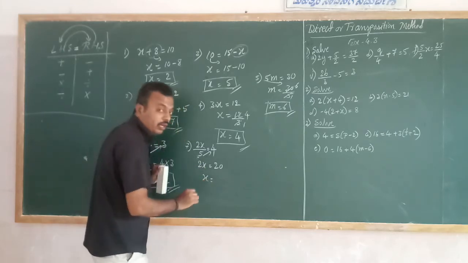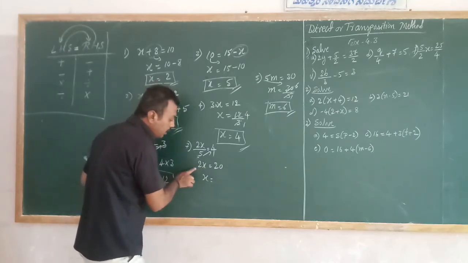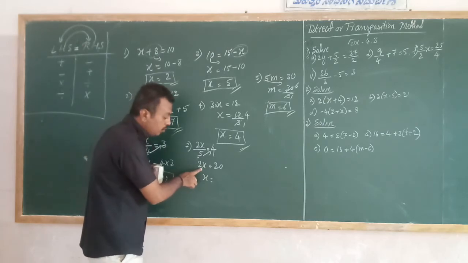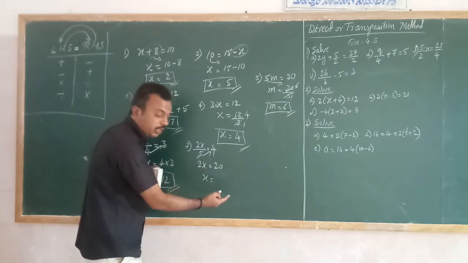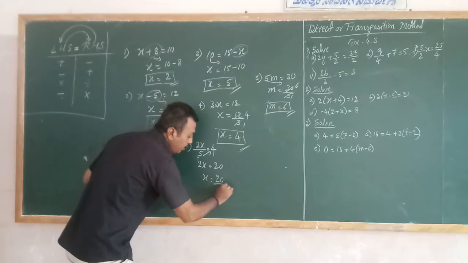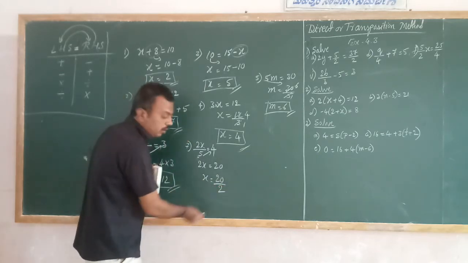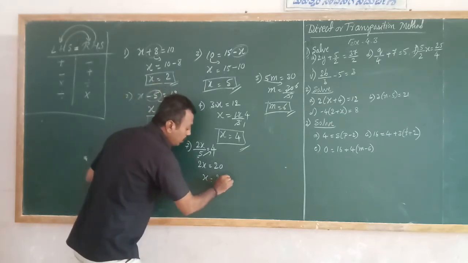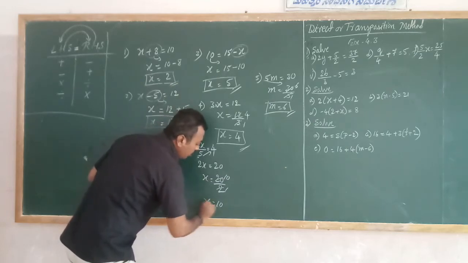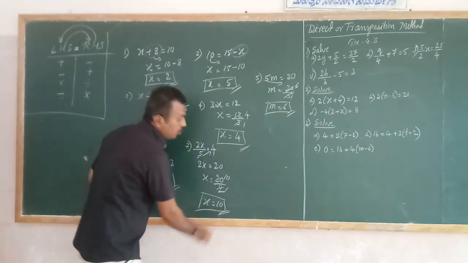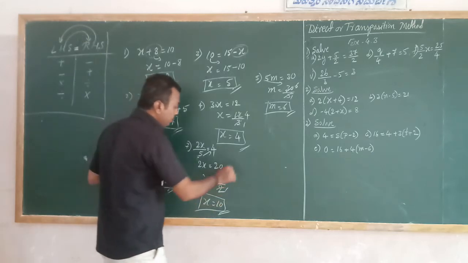We want the value of x. x has to be kept here only. Between x and 2, which sign is there? Multiplication. So 2 has to be sent to the RHS. What does it become? Division, because the multiplication sign is there; when it goes over, it becomes divided. So that's why 2 ones are 2, 2 tens are 20. Therefore x is equal to 10. Do you understand? So like that,